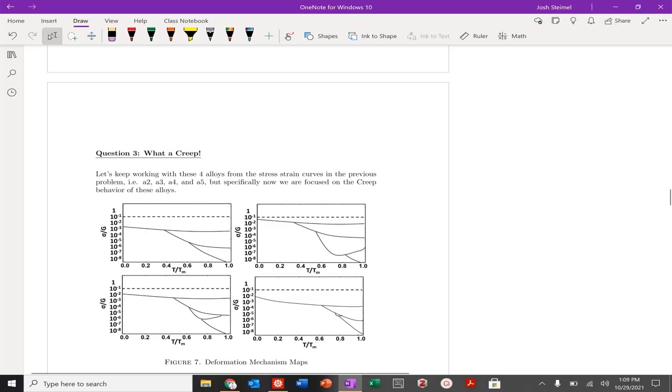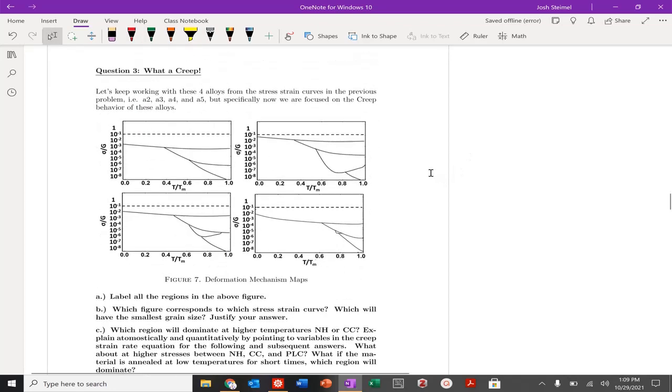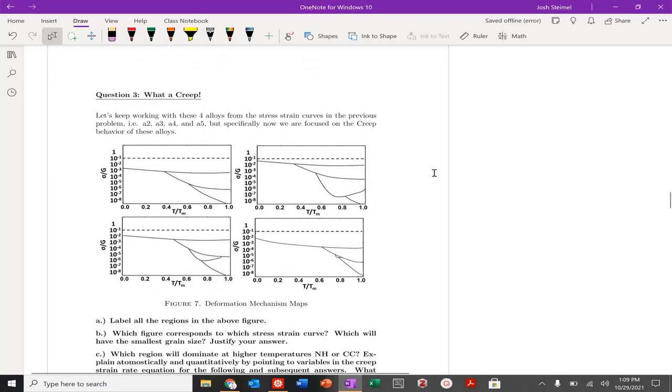And we're back into question number 3 from our practice exam. So I'm working with these alloys, and now I'm trying to fill out these deformation mechanism maps. So I know the dashed line represents my theoretical stress, or theoretical yield stress, TS, they're all at 0.1, because